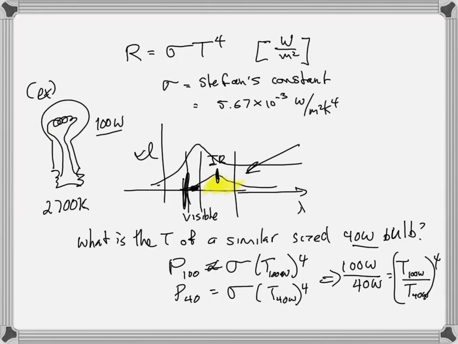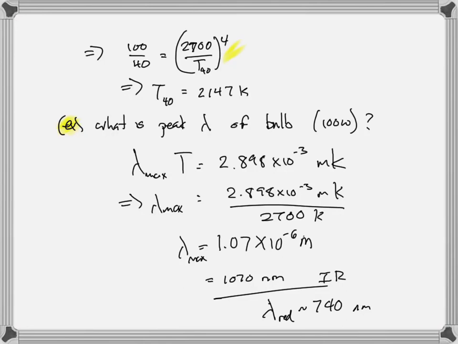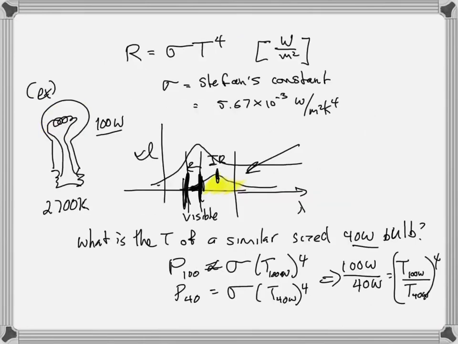It goes blue to red, or Roy G. Biv going in that direction. So this is the red end, and so 1070 is in the infrared. And so that makes sense, right? That's what we were talking about with the light bulb: it has most of its energy, its peak energy, in the infrared, which is why we don't like incandescent light bulbs, because they waste a lot of energy. Unlike the sun, which is hotter,